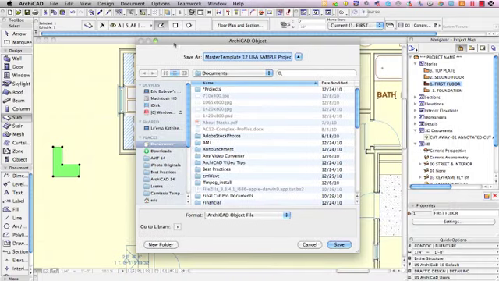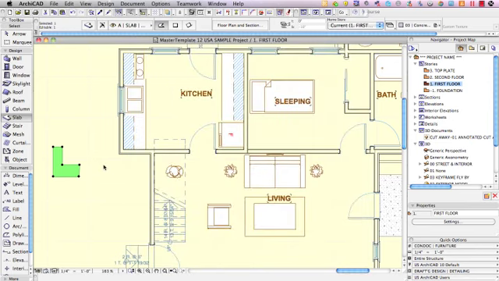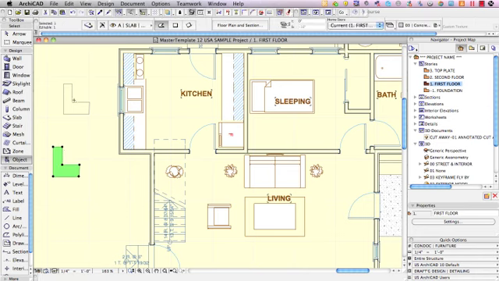So this then asks, what do you want to call this particular object? And I'll call it L-shaped slab. And it says, where do you want to store it? I'll just put it right now on, say, my desktop. So I've now created a custom library part, and if I go to the Object tool,